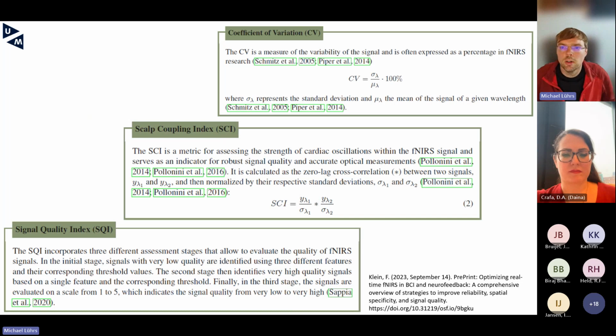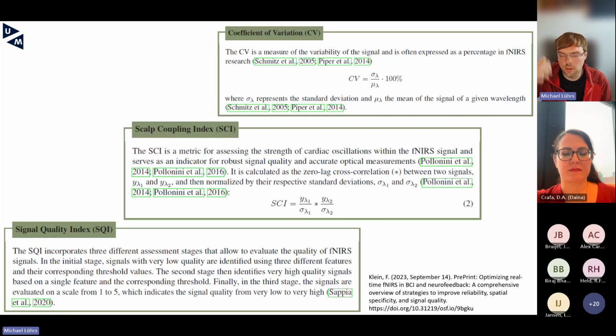The CV tries to figure out if the variability in the signal does not exceed a certain threshold, whereas the scalp coupling index measures the two components separately, so the two wavelengths, and figures out if we have a coupling of the hemodynamic signals within their frequency. So they are doing a cross correlation to assess the signal,